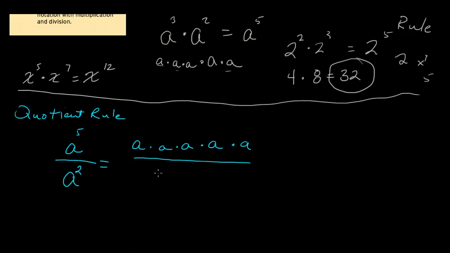And on the bottom, in the denominator, I have a times a. So if I have a to the 5th on the top and a to the 2nd power in the denominator,